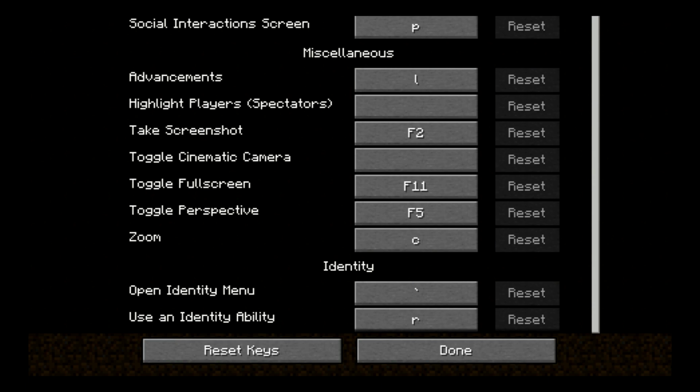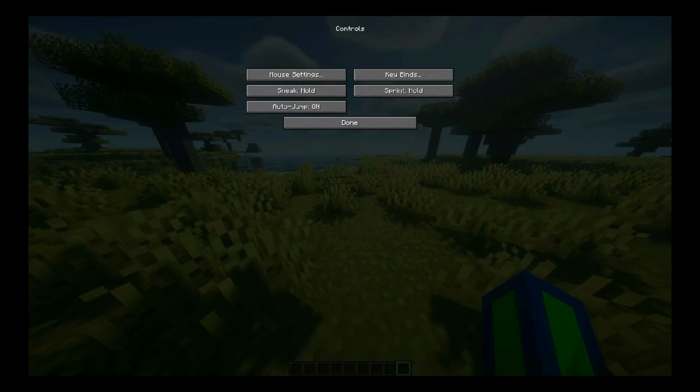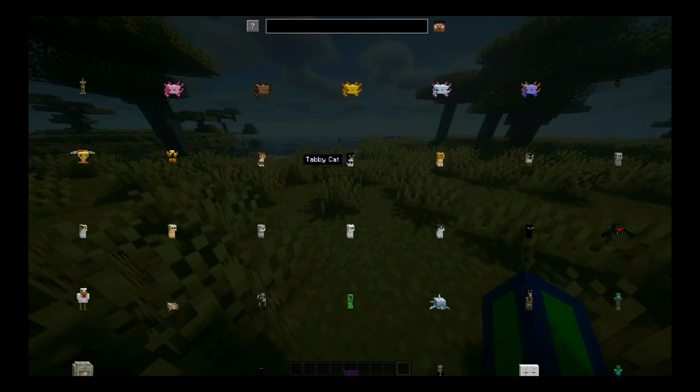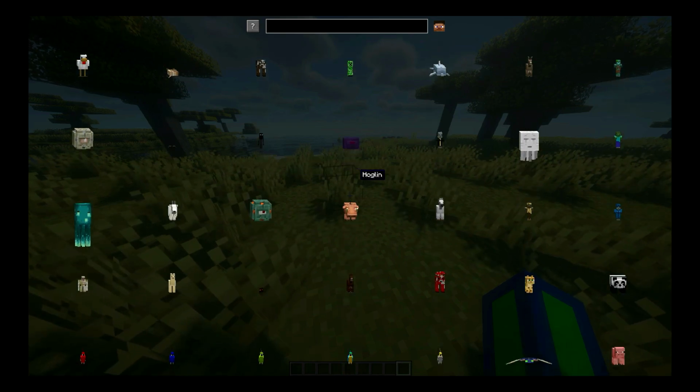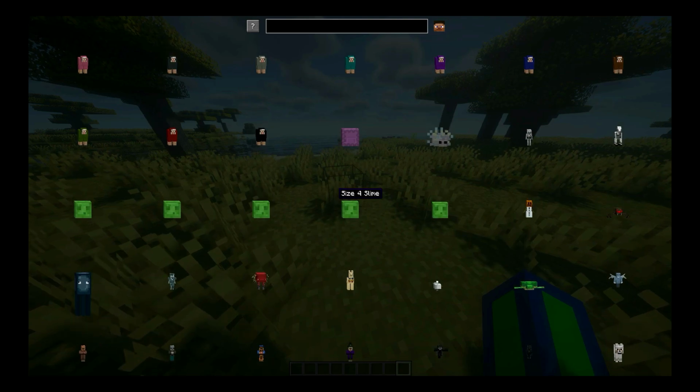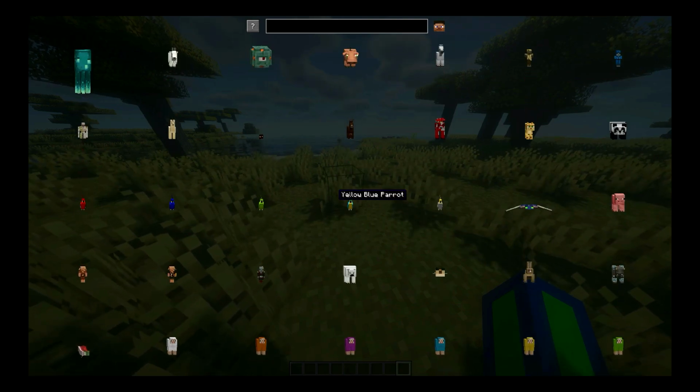In the Open Identity menu section, you can put this option on any button you want. For example, on G. I will put G, and from the settings I have to exit. Now I will press G on me. Yes, you see that there are a lot of mobs that you can turn into. Any mob you want, meaning, for example,